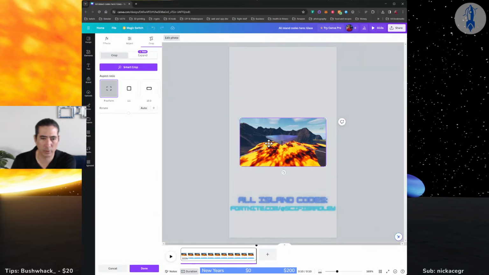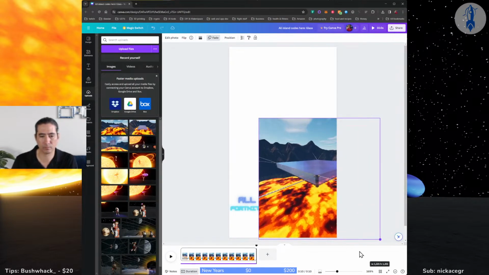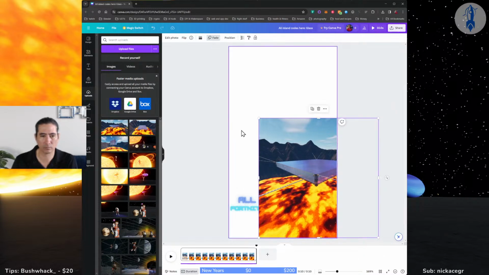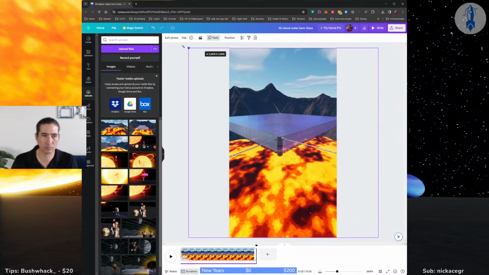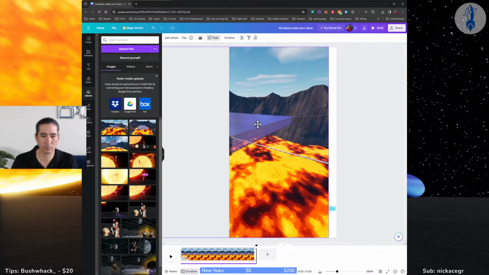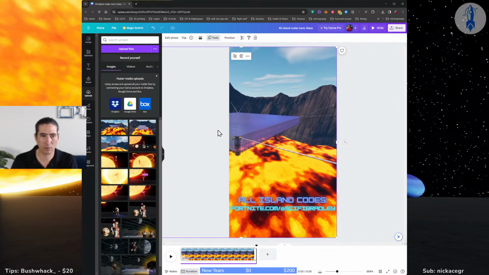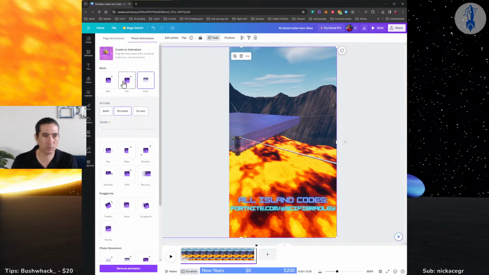Detach image from background. What if we embiggen it? There's no easy way to do that, is there? Send backward, and then we want this to pan.